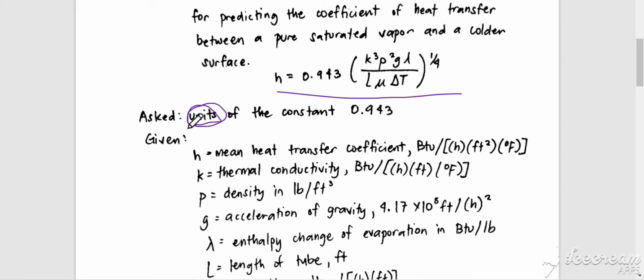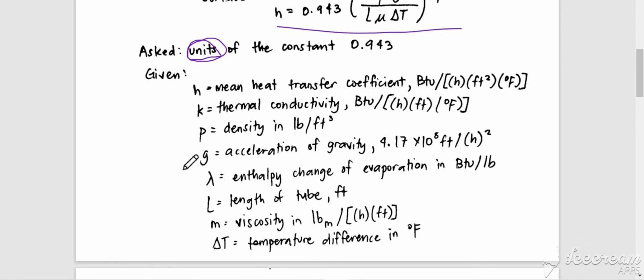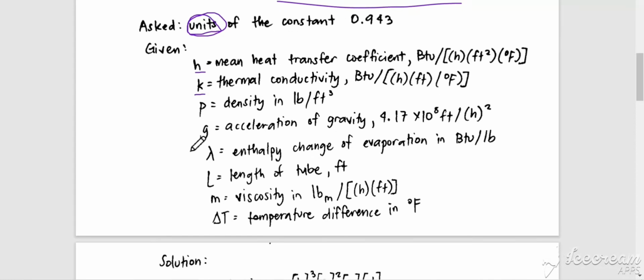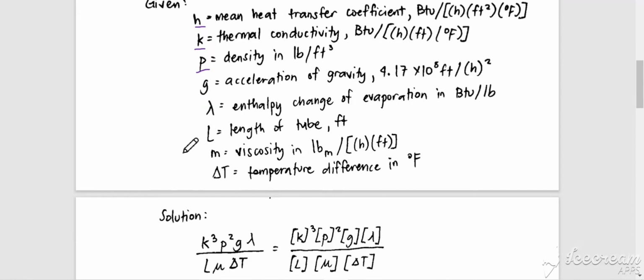0.943. For the givens, we have h for the mean heat transfer coefficient with the unit of BTU, or British thermal units, over hour feet squared degree Fahrenheit. k for thermal conductivity with the unit of BTU over hour feet degree Fahrenheit. ρ for density in pound over feet cubed. g,